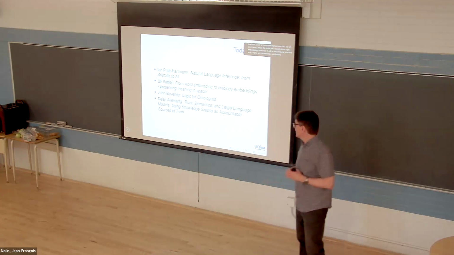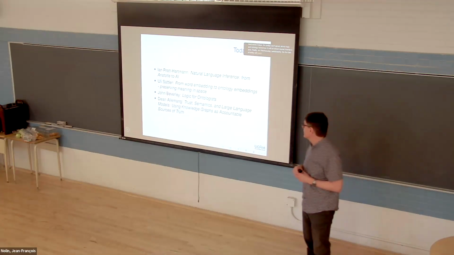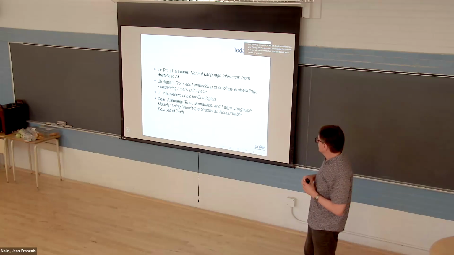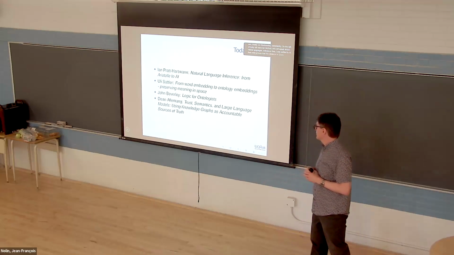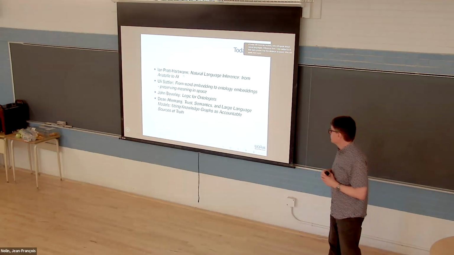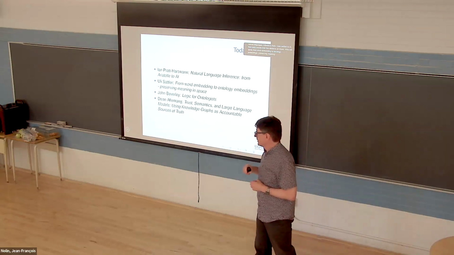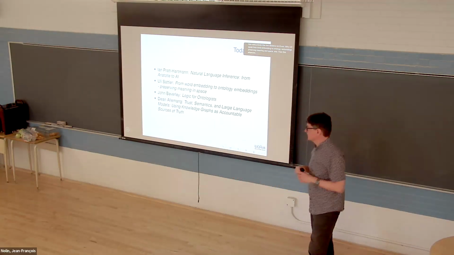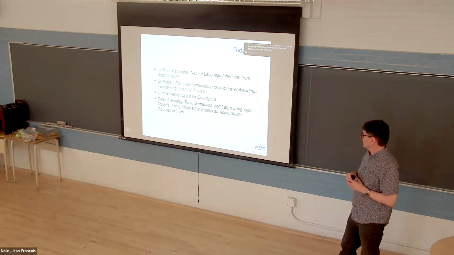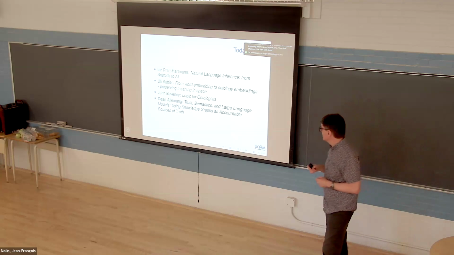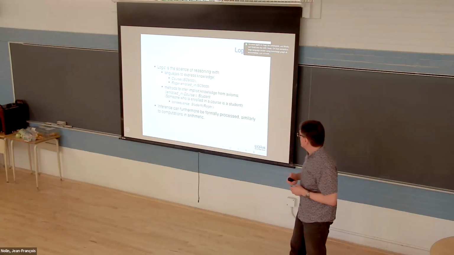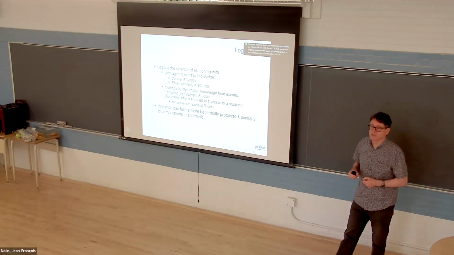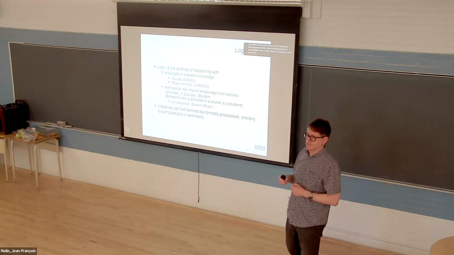For the talks of today, we'll have Ian at first, who will speak about natural language inference from Aristotle to AI. Then Uli, who's at a distance on Zoom, who will speak from word embeddings to ontology embeddings, preserving meaning in space. Then this afternoon, we start with John, on Zoom again, on logic for ontologists. And finally, we'll finish the day with Dean on trust semantics, large language models, using knowledge graphs as a countable sort of truth.